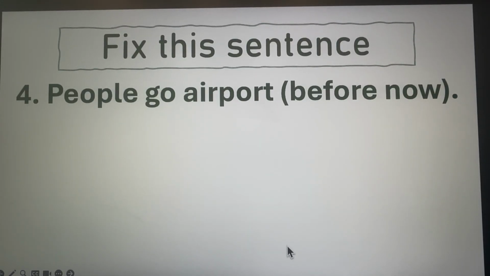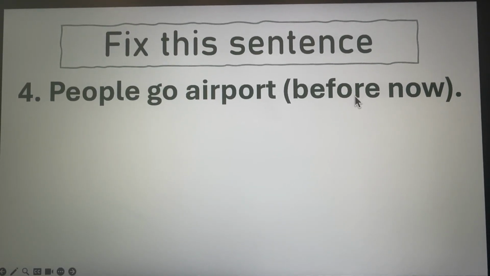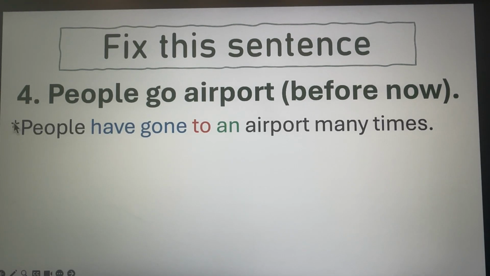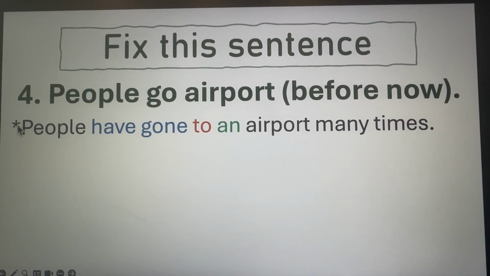People go airport. Now, sometime before now, but it's not specific. I'm not telling you when. I'm not thinking about exactly when, but it's already happened. It's in the past. Now, here we have the little star because this is plural, more than one person. It's plural, it's not singular. I don't have to have anything, but I can. I can say people have gone. I could say the people have gone, or some people have gone, or no people have gone. I could, but I do not have to. I don't have to have anything because it's plural.